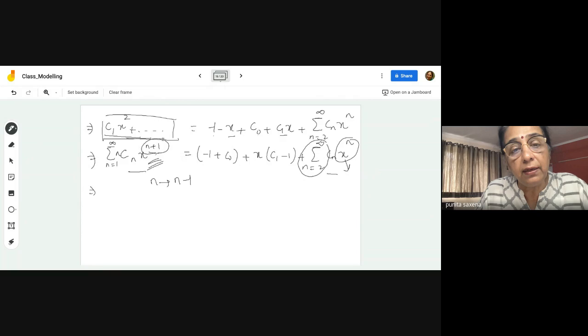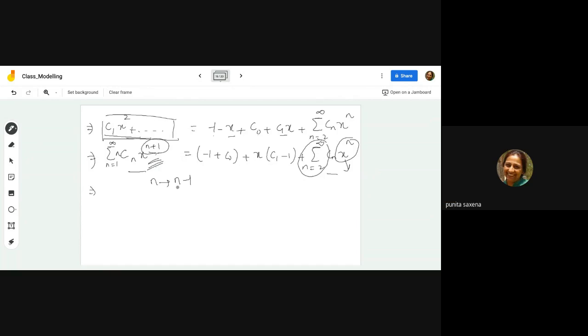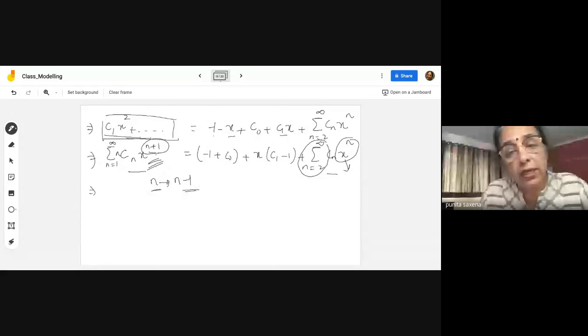Minus 1, this term will become n, right? But then what are you doing? You are actually decreasing your summation index. Now, if you are decreasing your index, that means you have to increase your starting point. So if you change your n to n minus 1, that means your left hand side can be written